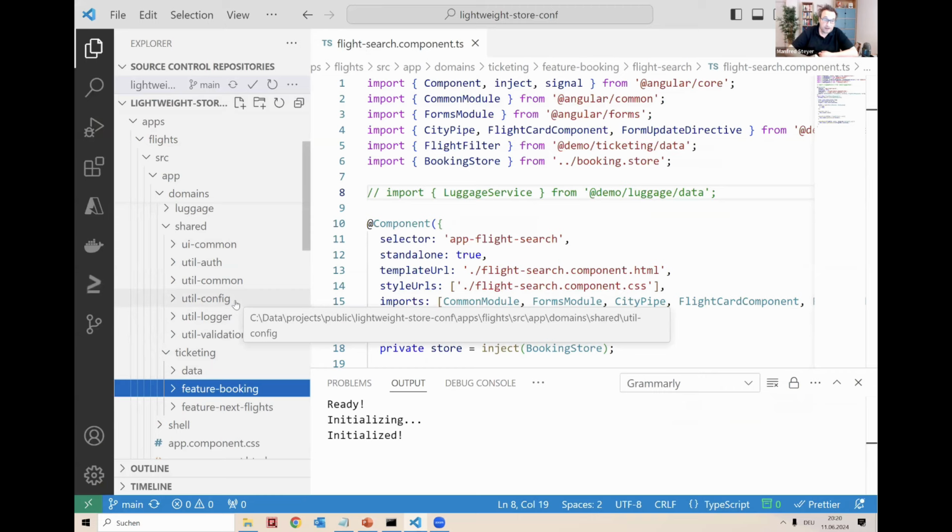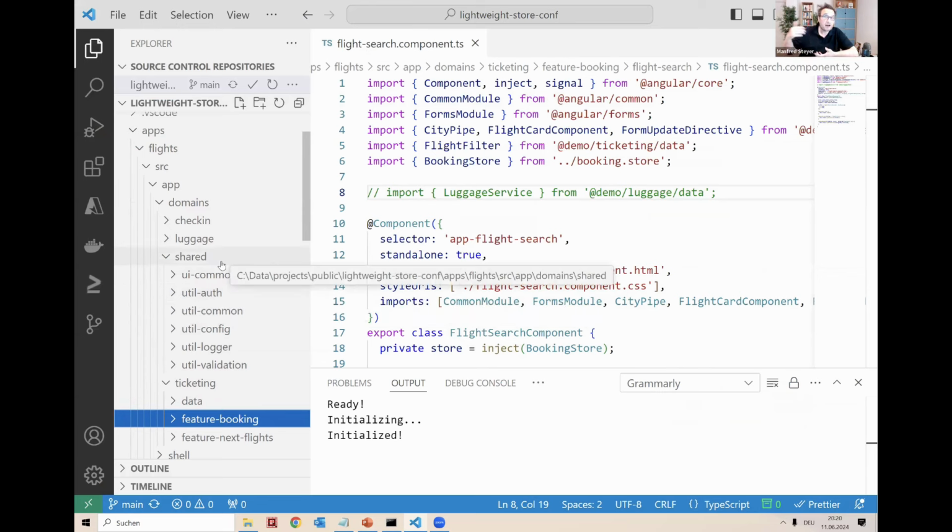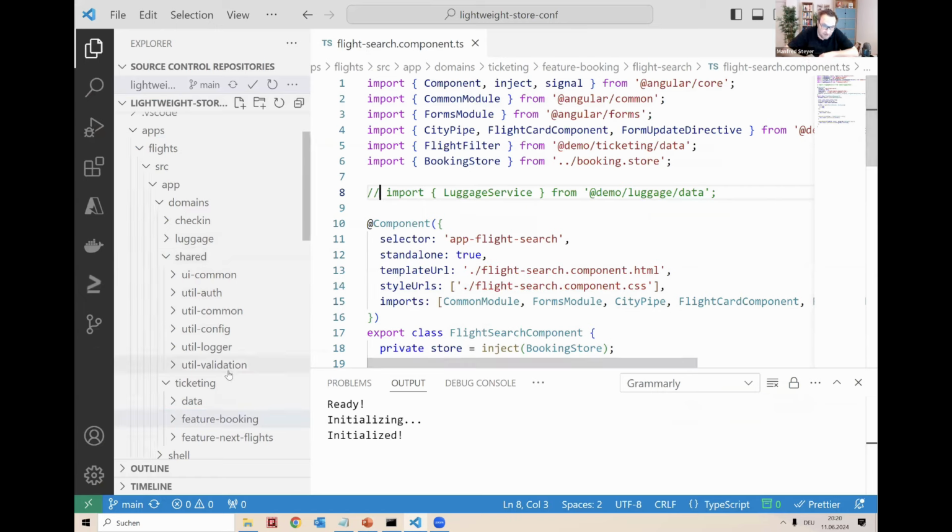But the more important aspect is there is not only a rule for navigating top-down, there's also a rule about which other domains we are allowed to access. And usually we don't allow code to access other domains. So if I try to access from within my ticketing domain, you see ticketing, my luggage domain,